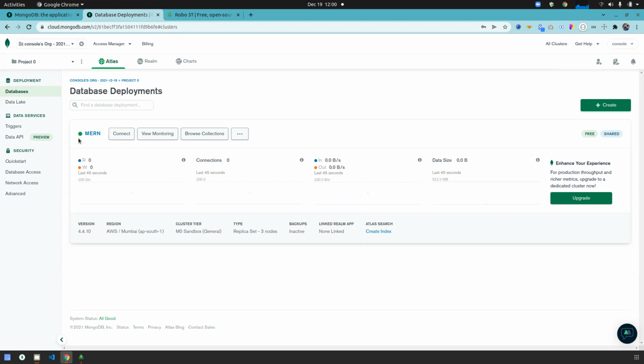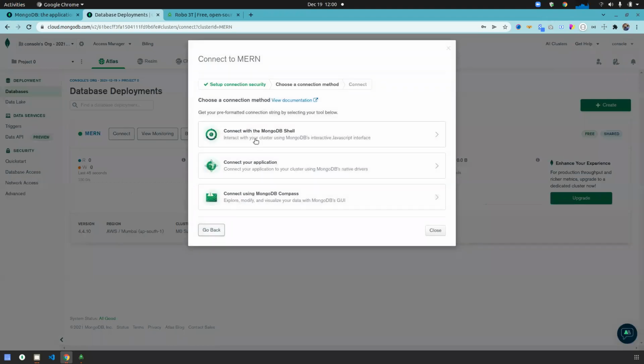Okay. So I will connect this cluster. So how to connect? See, this cluster is created. I just click on connect. Then there are three things: connect with the MongoDB shell, connect with your application, and connect using MongoDB Compass.